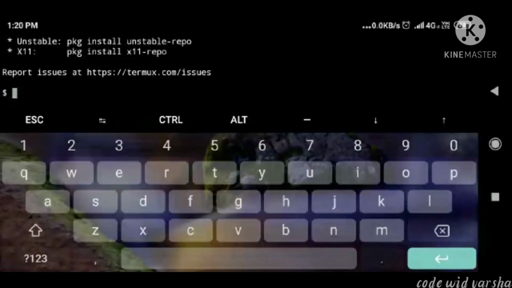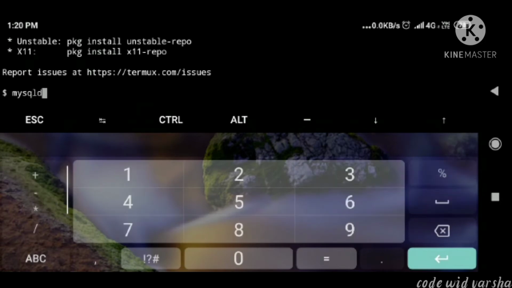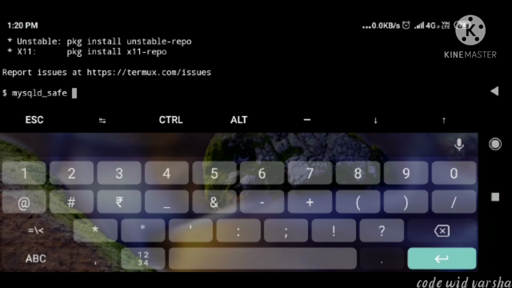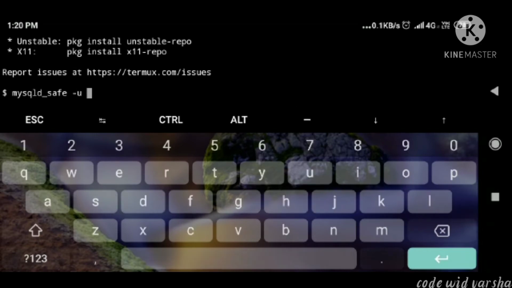Now it is 100% installed. So now what you have to write is mysqld, then press underscore and write safe, then give a space and hyphen u, then a space, then root, then enter.